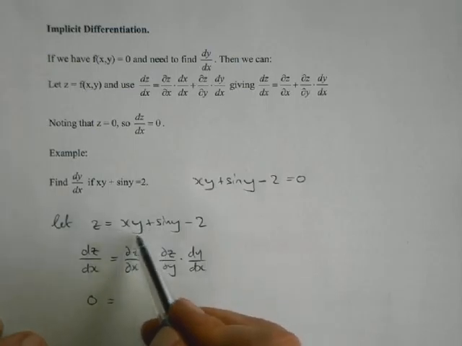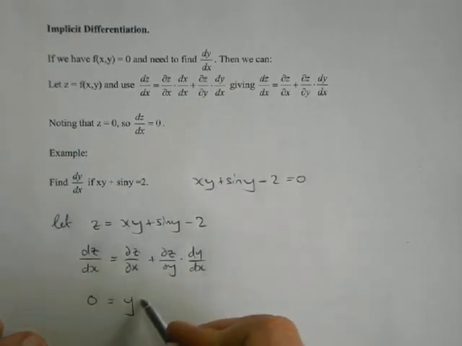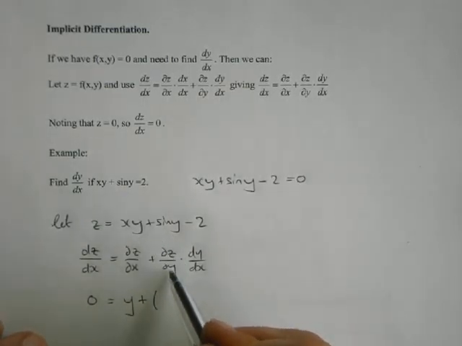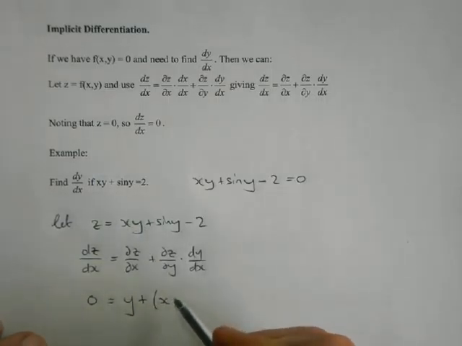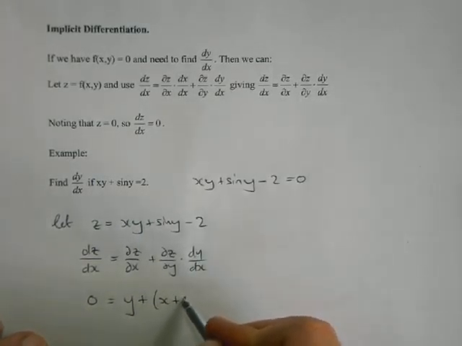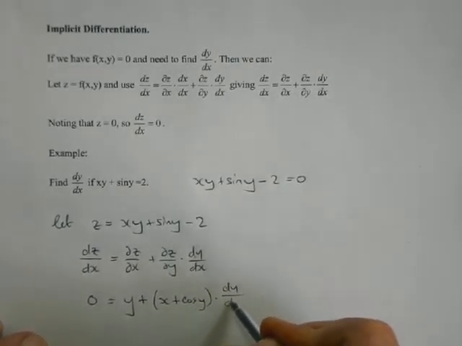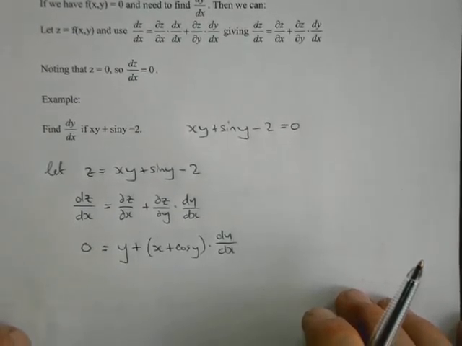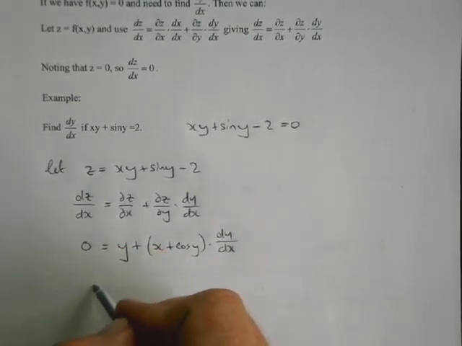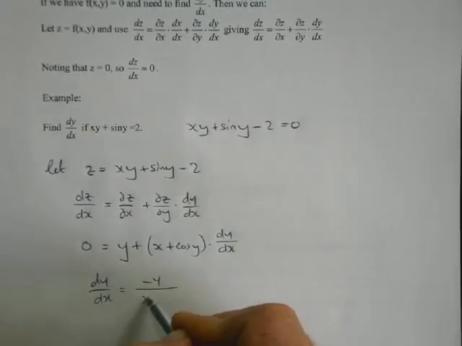Partial z partial x, so that's this thing with regards to x being the only variable, so that's going to give us a y, plus partial z partial y, so this thing differentiated with regards to y, which is going to give us x plus cos y, times dy by dx. And from there, it's just a very straightforward matter of rearranging that to get dy by dx by itself. So dy by dx equals negative y over